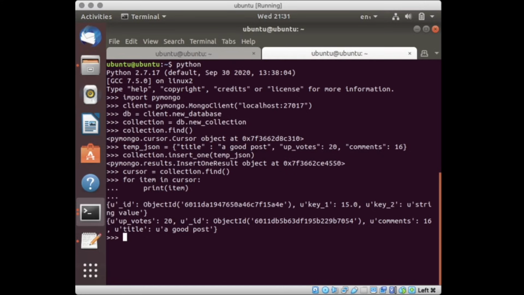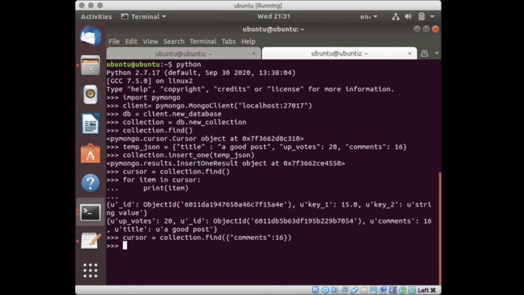But what good is it if we cannot search for a specific field or a specific entry? So let us go ahead and search for a specific entry where the number of comments is 16. We can do so by supplying a small JSON object with all the conditions that we want, right?